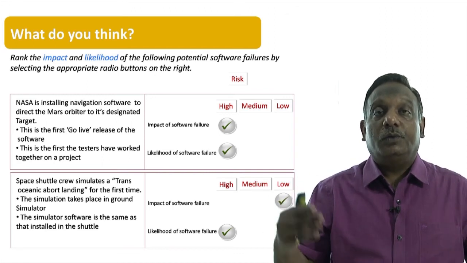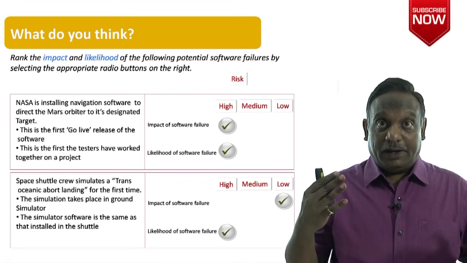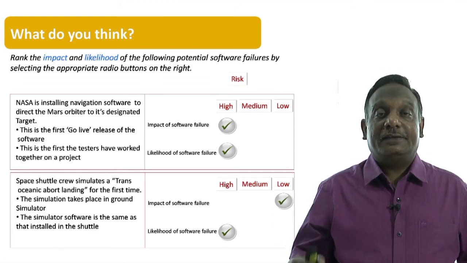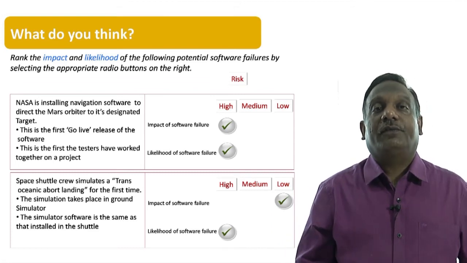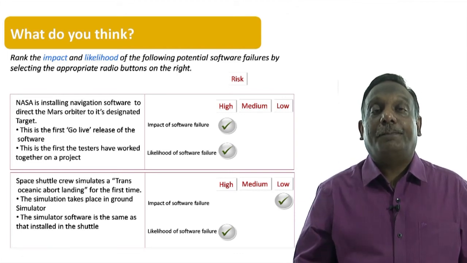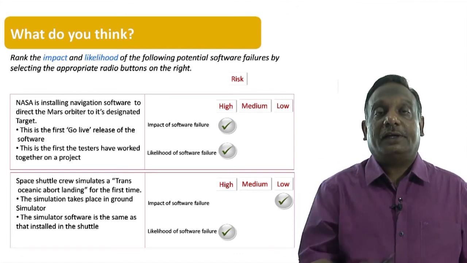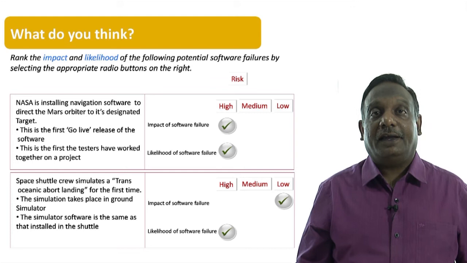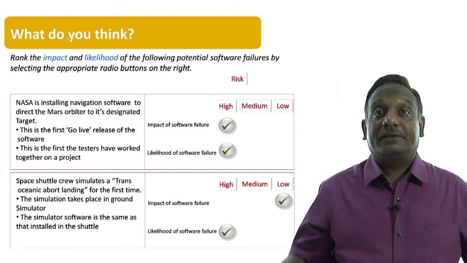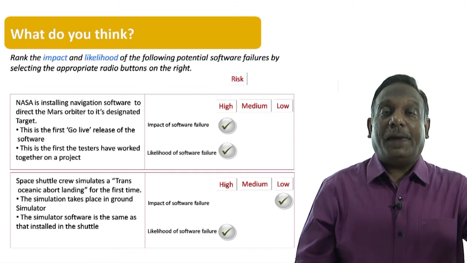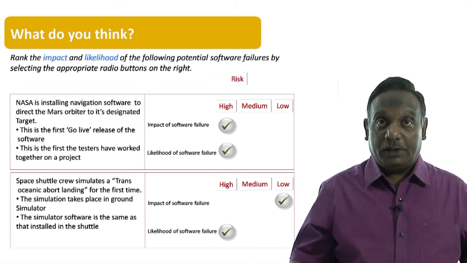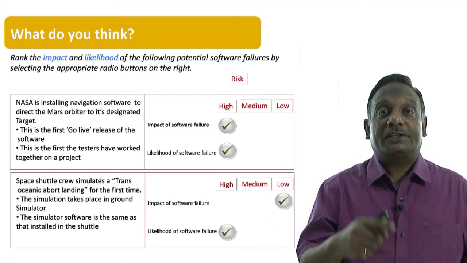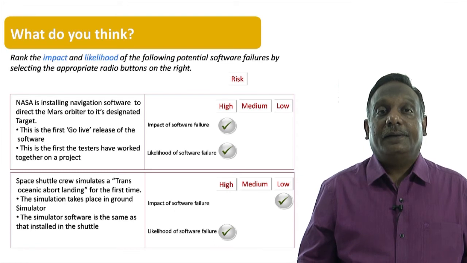So what we are trying to understand here is that there are various risks. Whenever we are talking about risk, it is about both the likelihood of risk occurring and also the impact if it were to occur. So based on that, we talk about the risk size. If both impact is high and likelihood is high, the risk is really big. If impact is low and also the likelihood is low, then the risk is low. We have to prioritize risks. So to understand that, this is a very important concept.